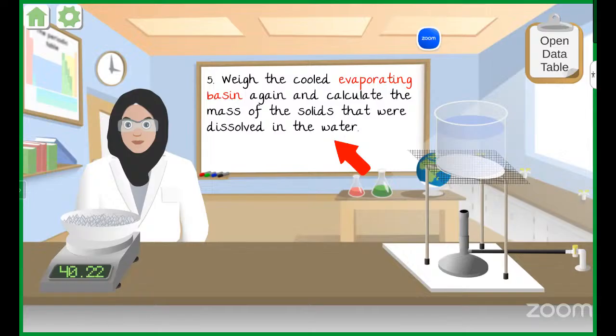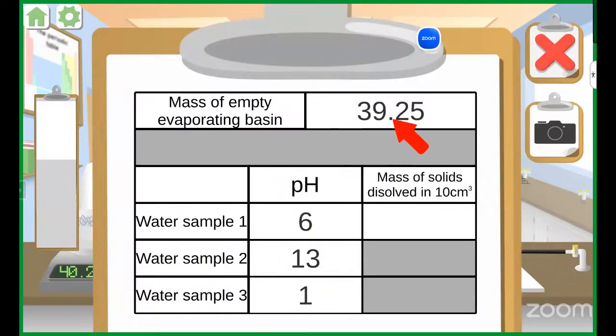We calculated the mass of the empty basin. You remember? You can write it somewhere. The mass of the empty evaporating basin was 39.25, and